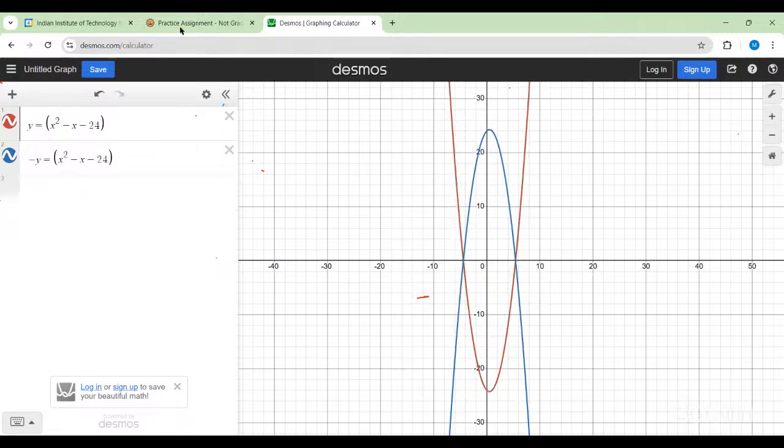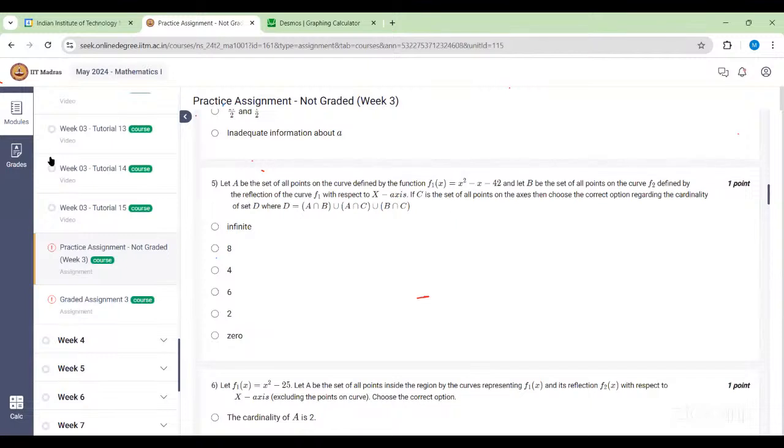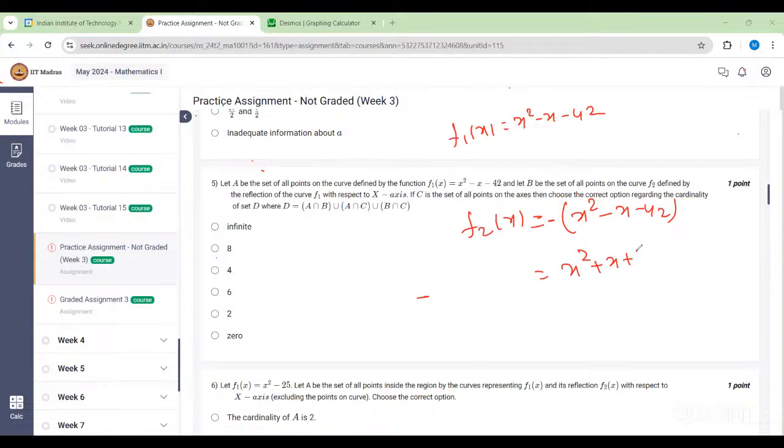So ultimately, if f1 of x is x square minus x minus 42, then f2 will be minus of this expression, which is minus x square plus x plus 42. This is our f2, defined by the reflection of curve f1 with respect to the x-axis. Now, if C is a set of points on the axis, then choose the correct option regarding